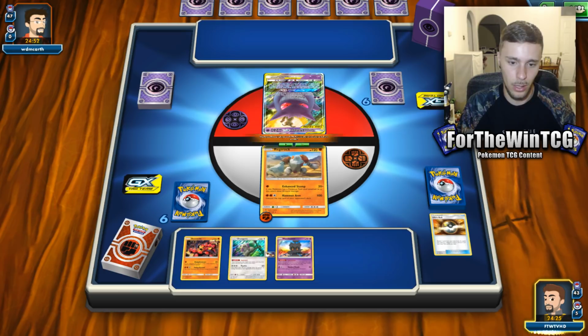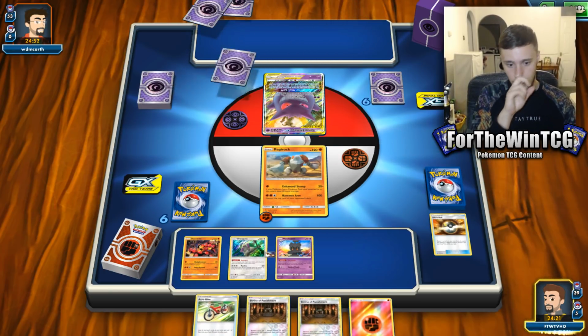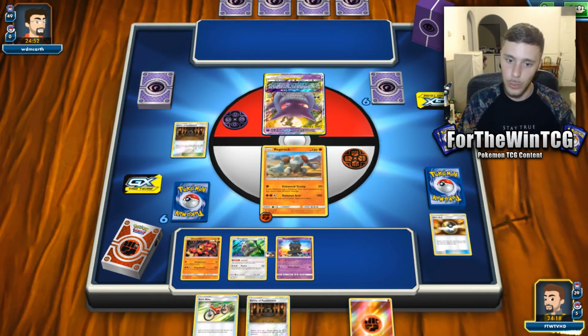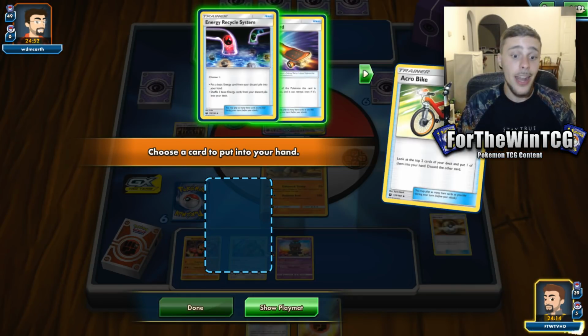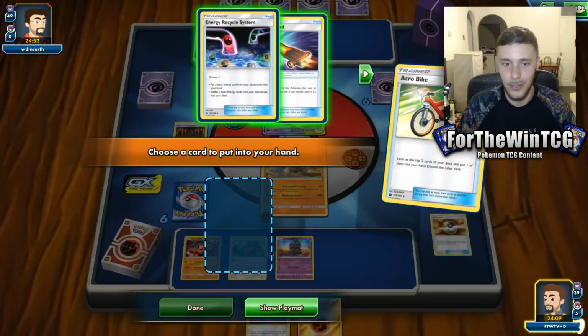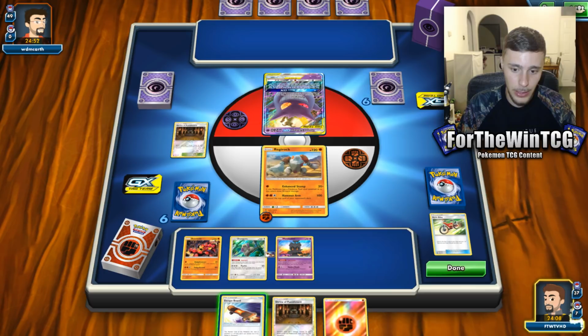Force them to a four-card hand. Shrine of Punishment's in play. Oh, this is great. They do resist Fighting, which is a bit of a shame, but it is what it is. Actually, no, we're hitting nothing. Uh-oh. Now I want that Diancie. Oh well, here's what it is. We're going to be hitting nothing, but...